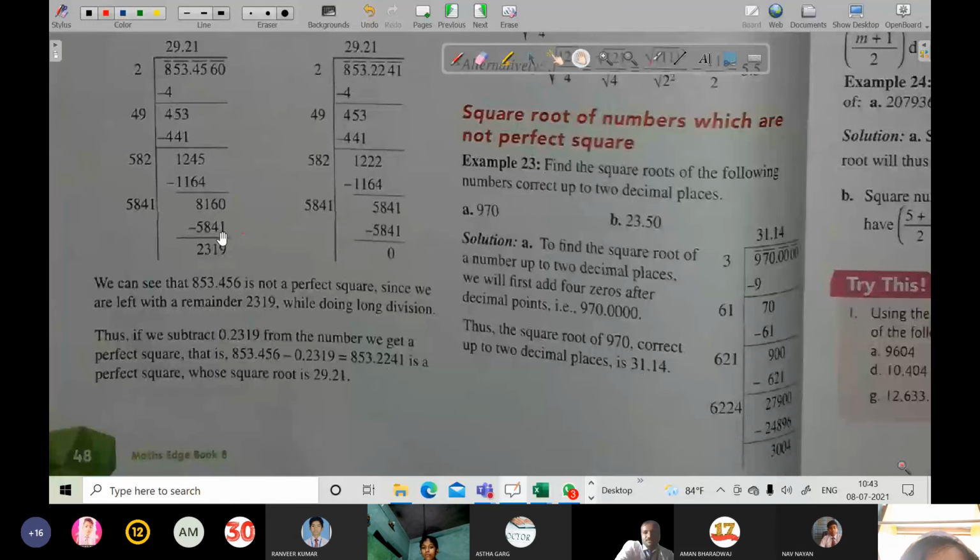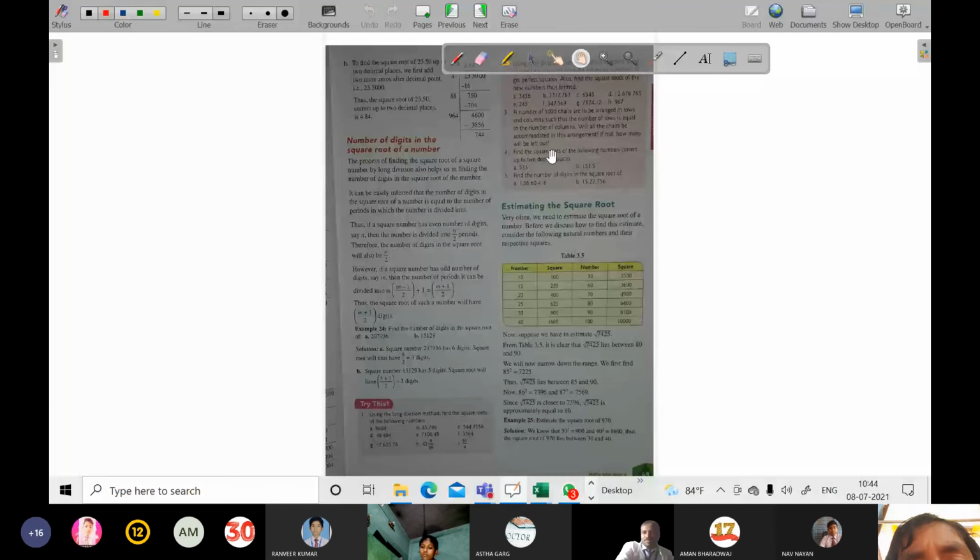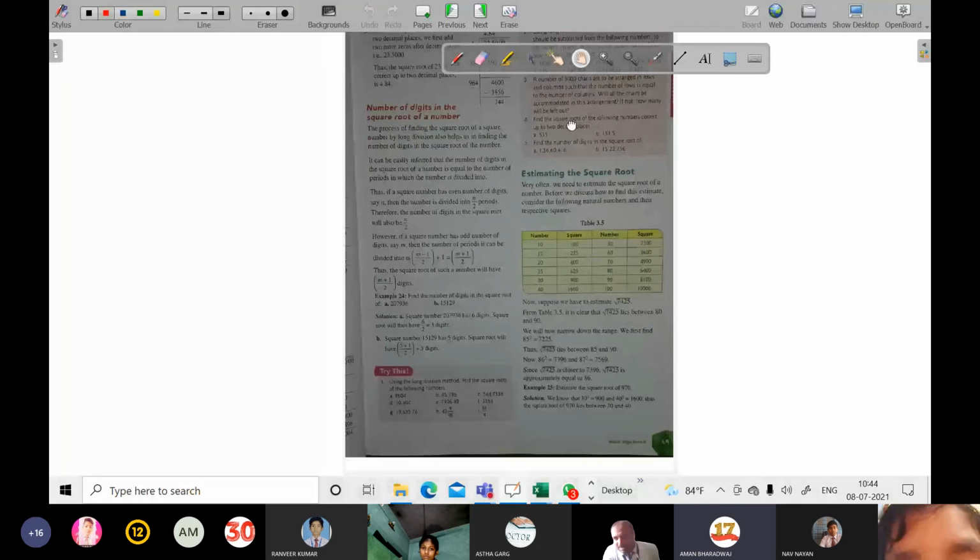Further examples we will be explaining to you next day. From here, the square root of rational numbers. What you will do further: try this section. You will try to do it. Whatever problem there will be, that I will be explaining to you next day. Yes, sir. Try this section on page number 49. I am moving a little bit fast so that I can complete the chapter earlier, because now we are near the time of PT2.